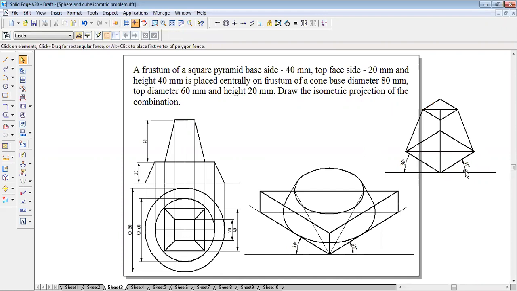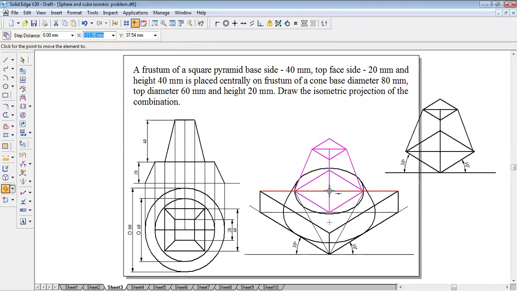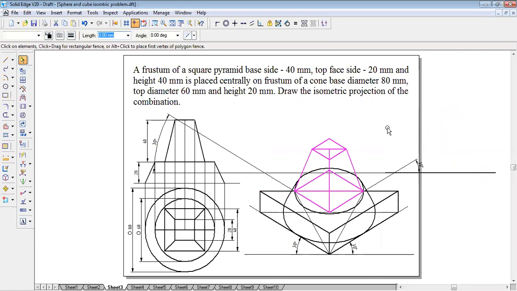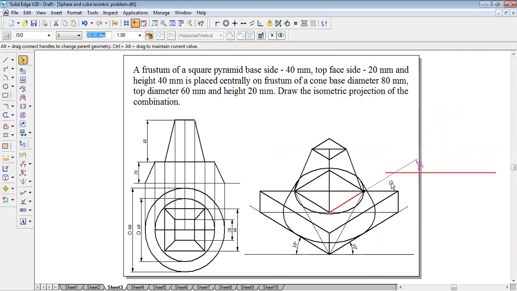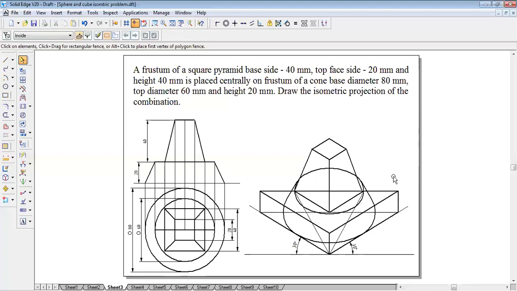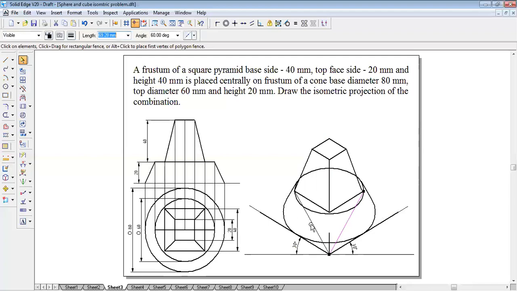Now later set the object, remove the angles, move only this portion with midpoint selected to the midpoint of the top face of the cone. Okay, this is how we can draw the object, remove unwanted lines. This is the inner portion of the pyramid not seen. So I'm removing the inner portions of the pyramid and also the lines which are not required, so that only the diagram is visible clearly. I'll remove almost all the lines so that it is clear for you to see.